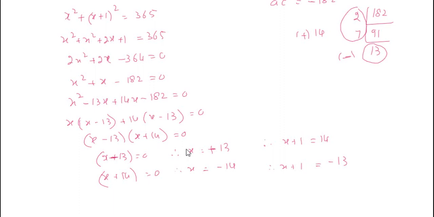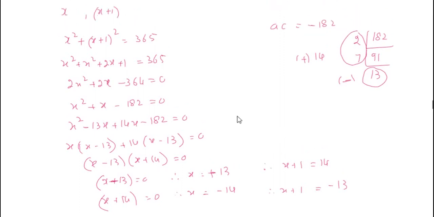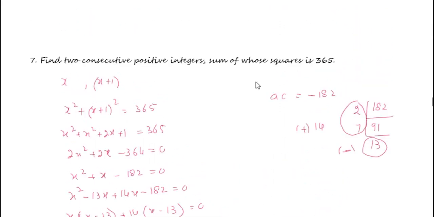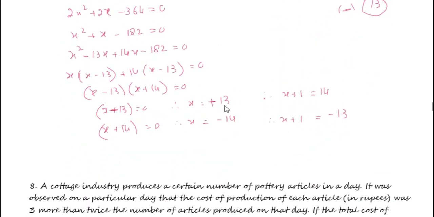So this quadratic equation has got two solutions. Whether these are natural numbers or integers, consider positive integers. So yes, there are two sets of solution. If it is a natural number, there is only one set, because a natural number cannot be negative. Since the problem mentions that these are integers, then we have two sets of solution here.